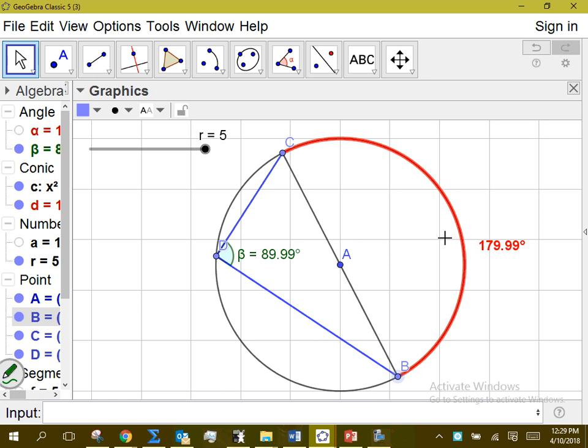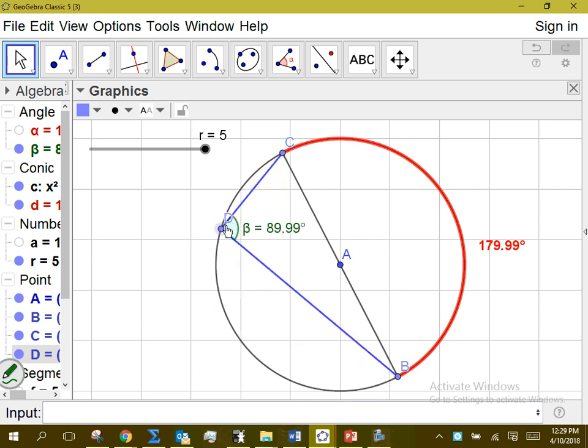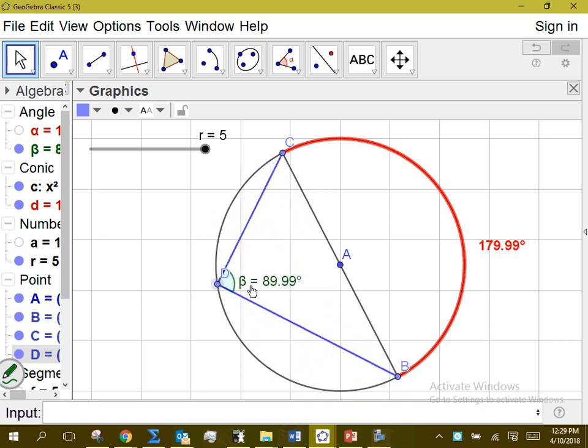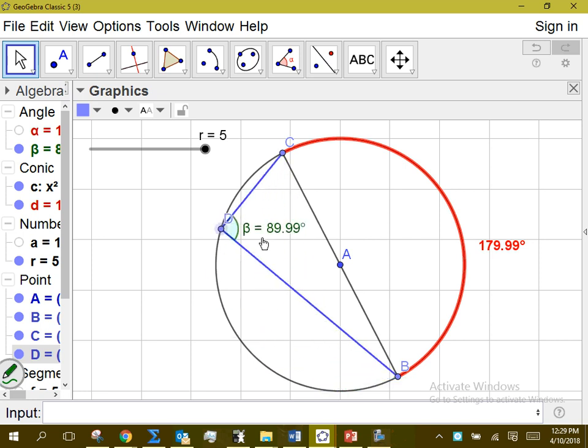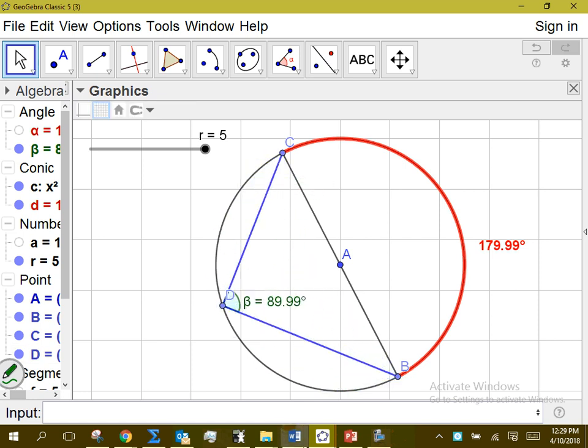Because now, as long as I move this point anywhere I want to, is it still intersecting the same arc of 180? Okay. So is it always a right angle? Yeah. Okay. So whenever we have